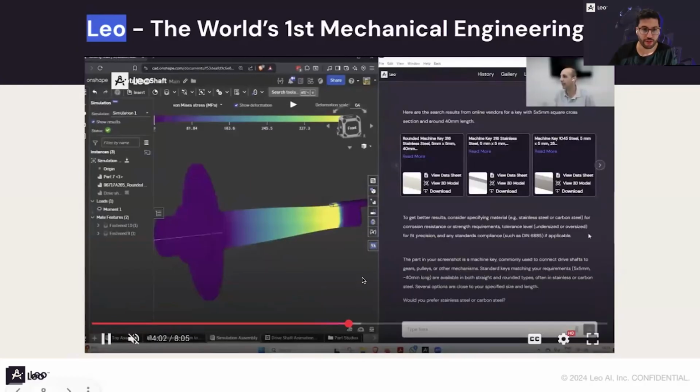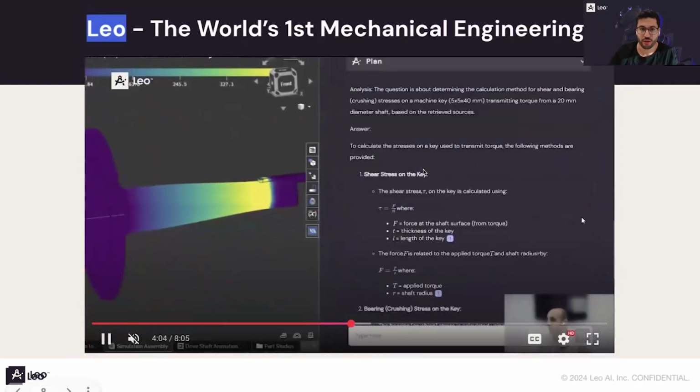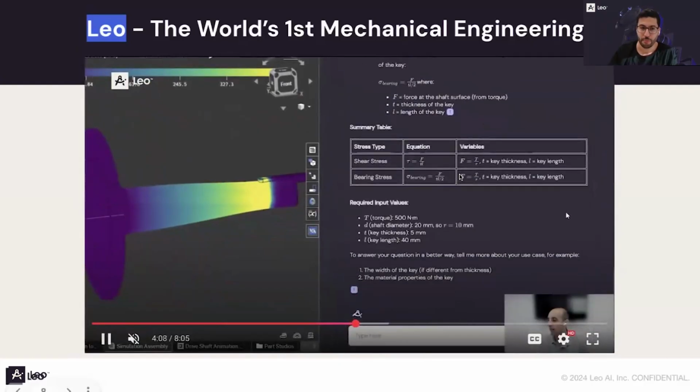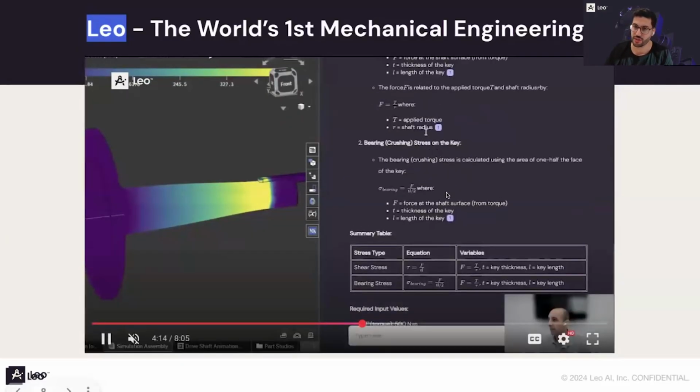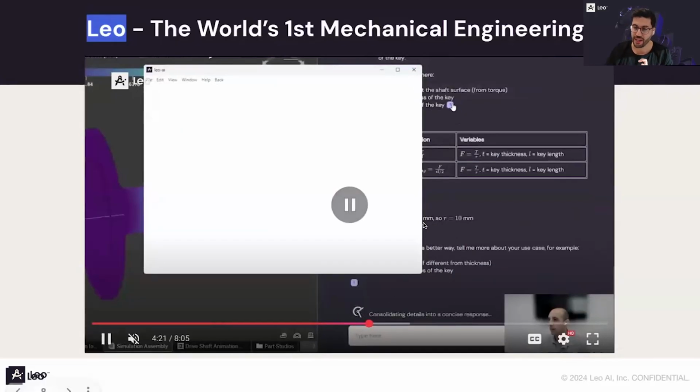And if we go here, for example, you can see how we can ask for a specific calculation. For example, calculate if this key meets these requirements that I have, this force, this RPM. And Leo was trained to answer your questions in a way that you can feel confident with the answers. I mean, every answer that Leo provides also comes with a source, either from your best practices and your organizational documents, or based on the Bibles of engineering.